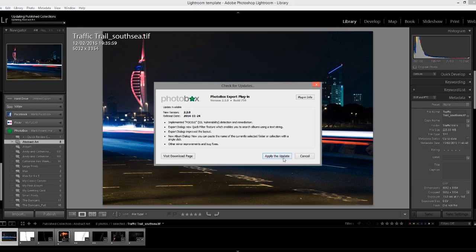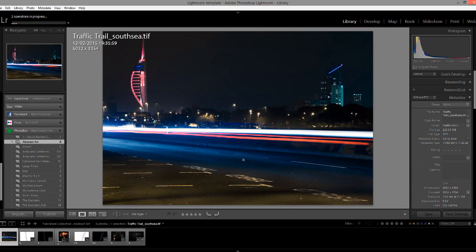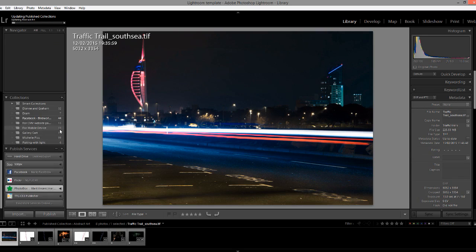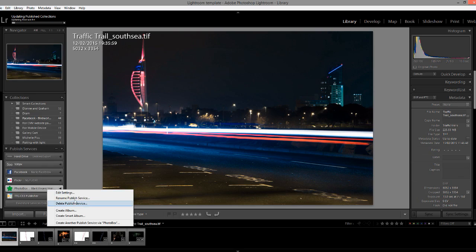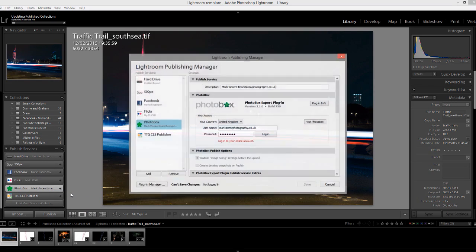continue with that. Oh, I've got an update for the plugin, so that's good. I'll just pause that for a while. So, and there you go. It's now publishing that picture to Photobox with my predetermined settings, which can all be changed with your settings up here or through editing the settings on here. So we can just have a look. So there you go. You can see that's my